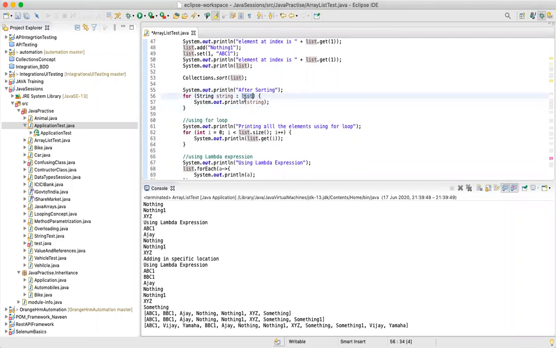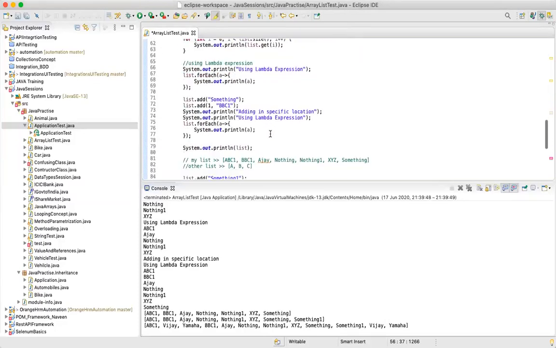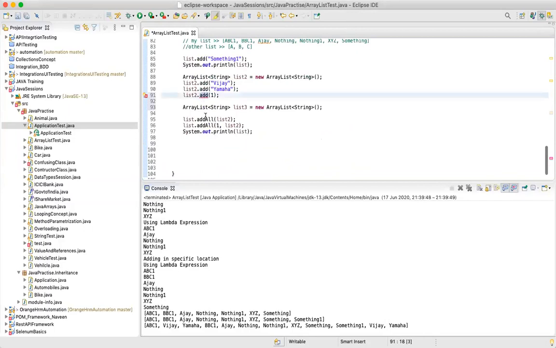Because this particular list might contain boolean, character, integer, float, double, many other things, and you are storing it in a string. This will give you a runtime error. And that is the reason why Java is not allowing you to store different data types in list 2, because we have defined list 2 as string.